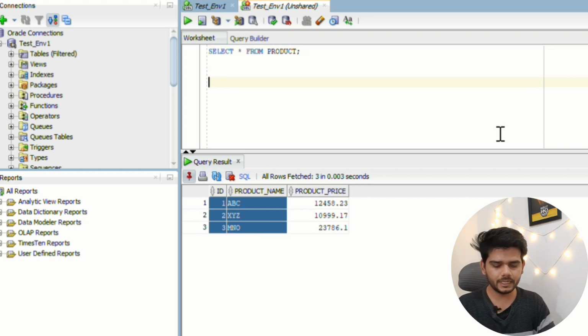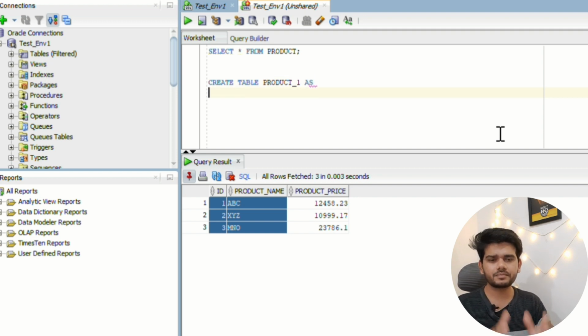For that we have a similar kind of syntax, that is we have to mention create. Create table, we have to give the name of the table that we want to create, that is product underscore 1. After that we have to give the AS. After AS we have to give the column names and from which table we want to fetch the data. That means we're going to mention select. So what to select? Select id column as well as product name. From which table? From